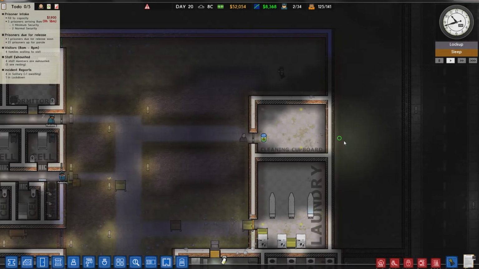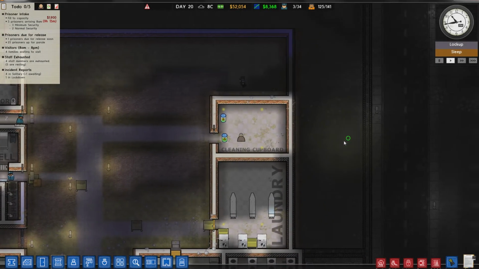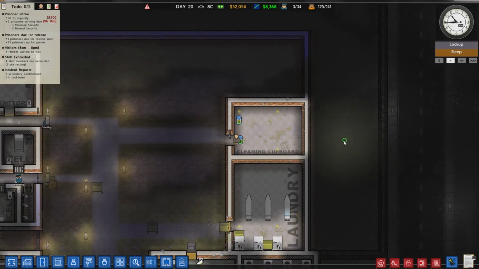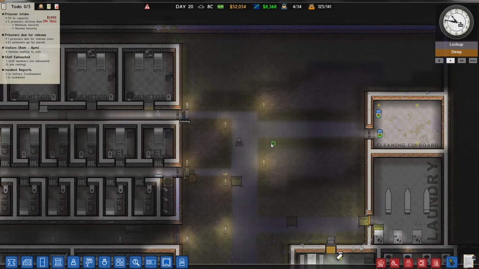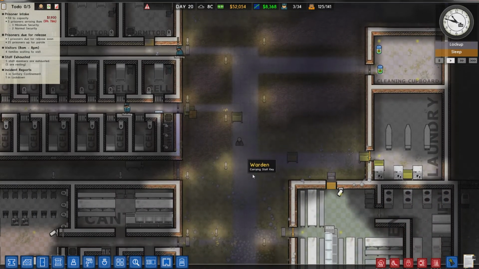They're obviously getting it from the cleaning cupboard, I would imagine. This is the place they're getting their drugs from. I'll look into that separately. I think I won't worry about that at this moment. Let's get on with the plan, which is...